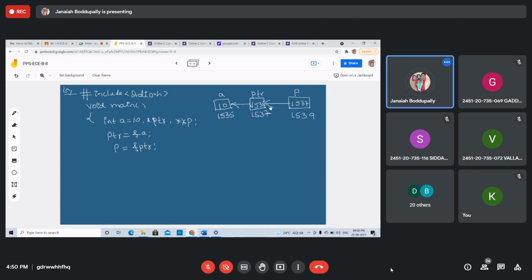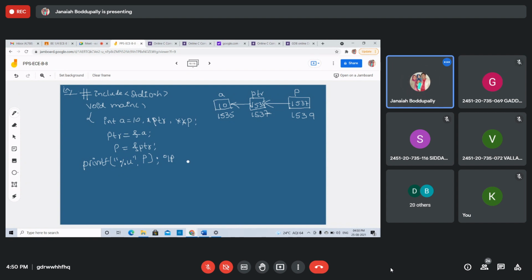See this. I hope you understood clearly. Right? Now tell me one printf statement. Tell me the output. Printf %u p. Tell me, what is the output of the statement? 1537. Very good, excellent.